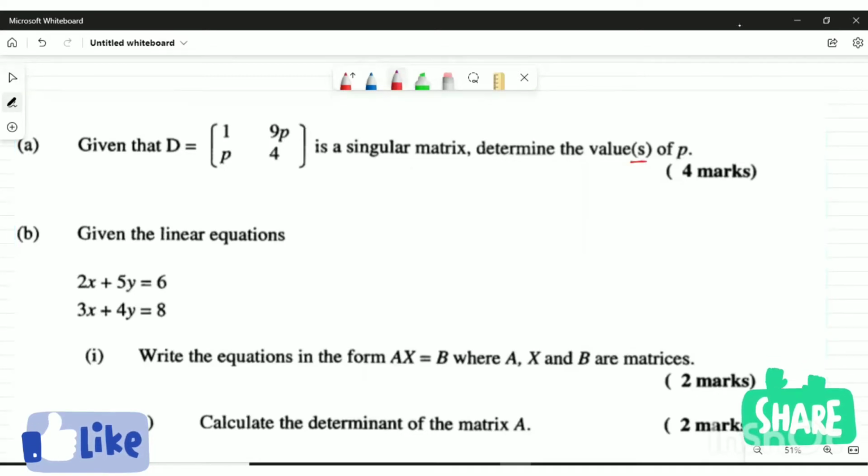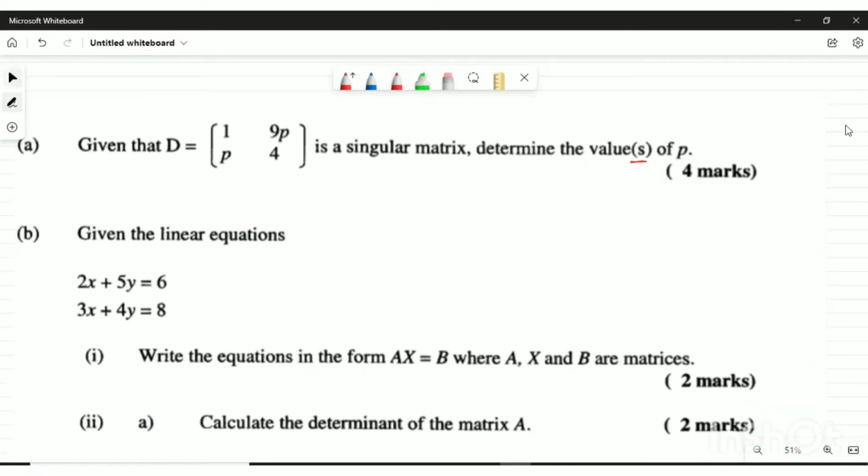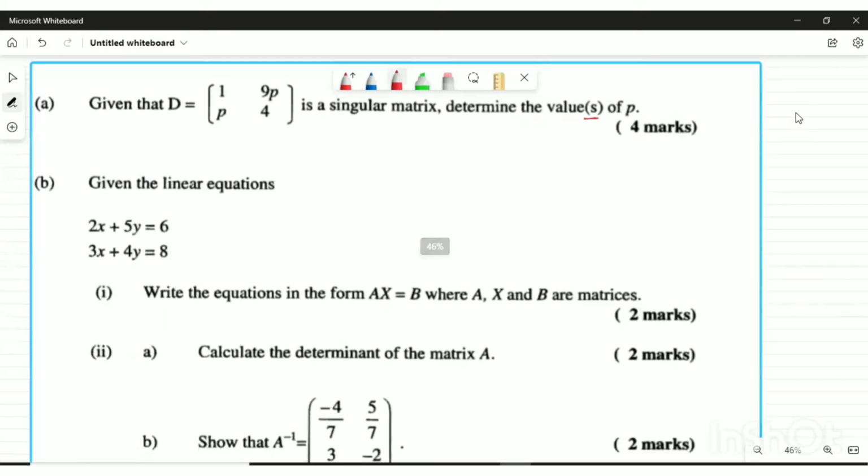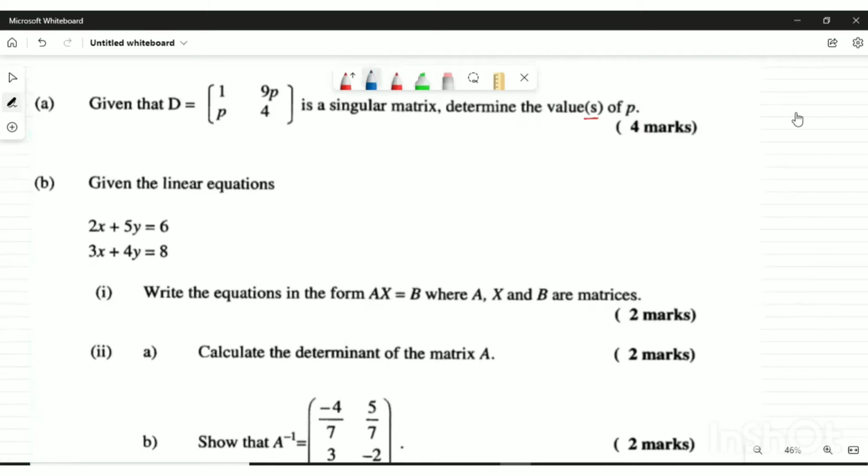All right, what does a singular matrix really mean? That's the key thing, understanding the idea behind a singular matrix. A singular matrix is a matrix whose determinant is equal to 0. For example, if this is a matrix A, and it is [a, b; c, d], if this is a singular matrix, then the determinant, which is the product of the leading diagonal,